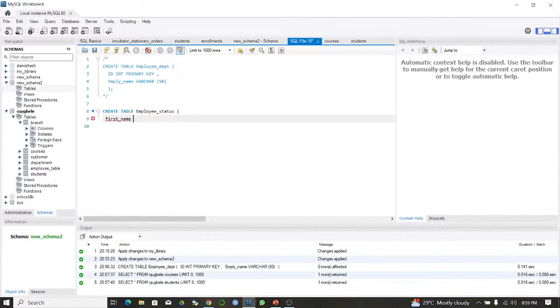First name, integer, then primary key, and I'm going to have last name, and I'm going to have